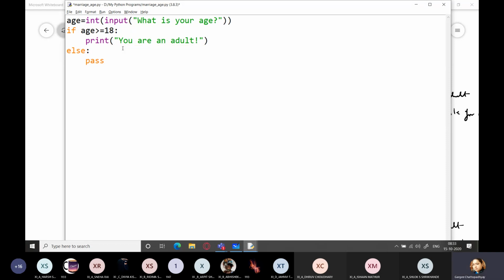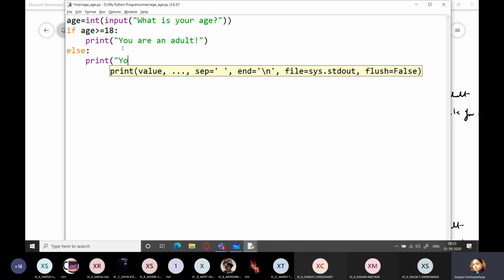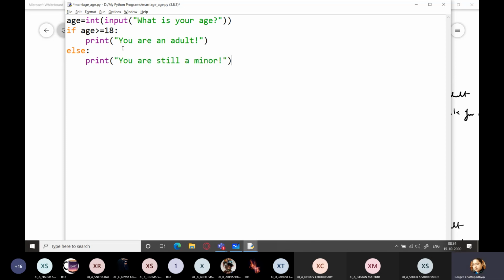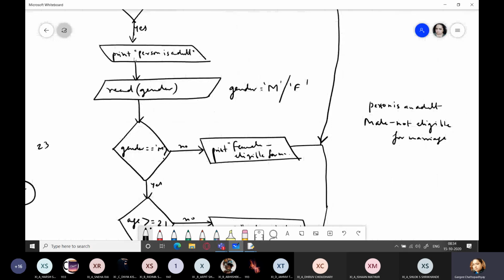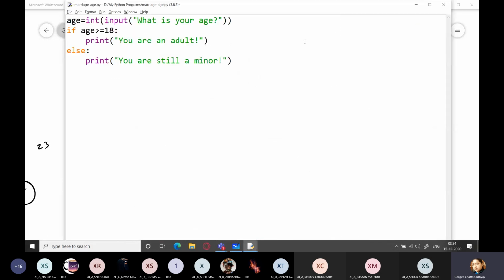Got it? And if not greater than equal to 18, then you are still a minor. Finished? Now next. After this, once a person is an adult, we have to read another thing, that is, we have to read a gender.